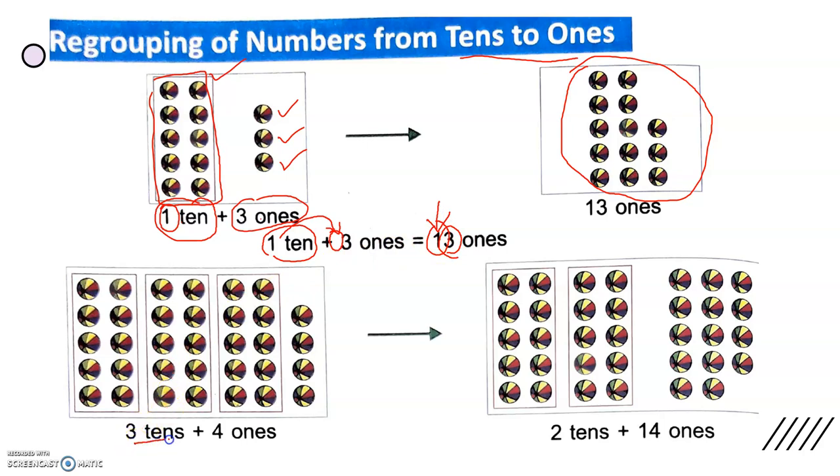Similarly, 3 tens plus 4 ones. We can regroup tens to ones. You have to take 1 from the tens group, which means the tens group will become 2 tens, and that 1 from the tens group is given to the tens place of the ones group, which means 14. 1 and 4 is in the ones place. So our answer is 2